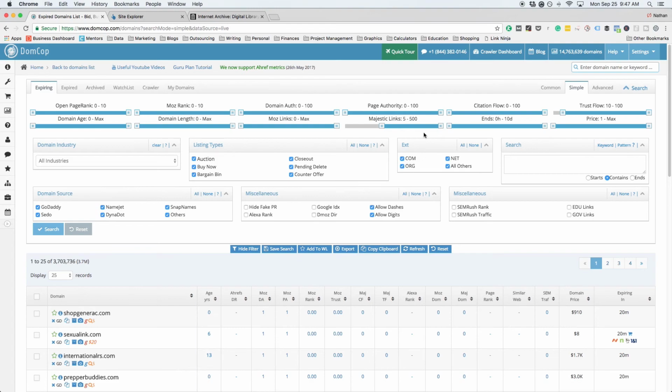In that case, you don't need a lot of linking root domains. But when it comes to either the merger technique, or if you want to take on the risk and use PBNs, you're going to want to find domains that have a lot of linking root domains, and obviously a lot of high quality linking root domains. But just for this example, I'm going to set it low so we can get a wider pool of domains to examine. The last filter you'll want to set is a minimum of 10 domain authority, or DA.